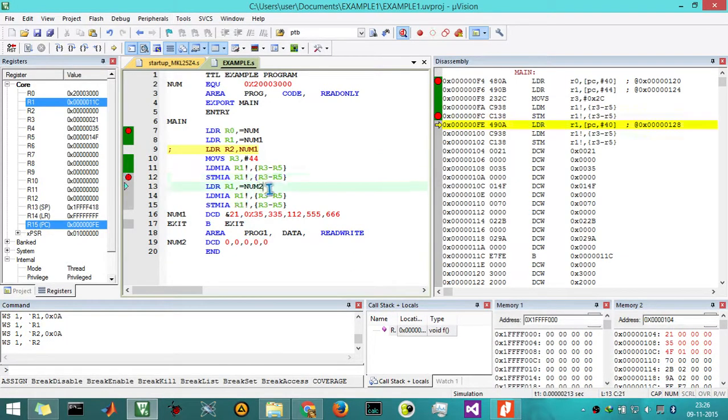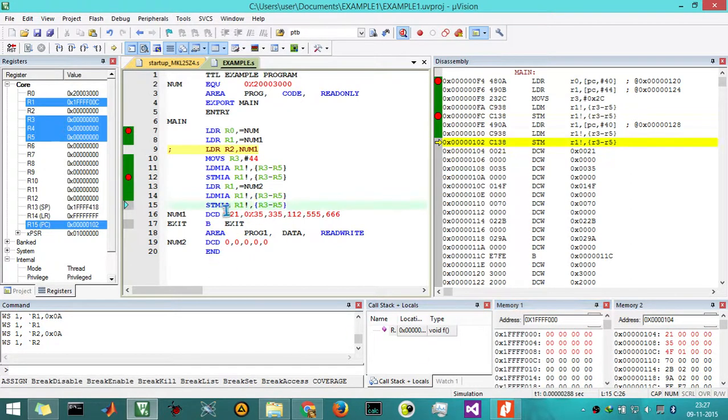And now we are going to load R1 with num2, so that you get 0x14F000. It is the starting address location for the SRAM memory. Now LDMIA, with R1 pointing to this location as earlier, will behave in the same way. R3, R4, R5 get loaded with the values present in these three locations, which are only zeros. You can notice the change here, all are zeros now, and the pointer has been incremented to 0C. Now the pointer is at this location.